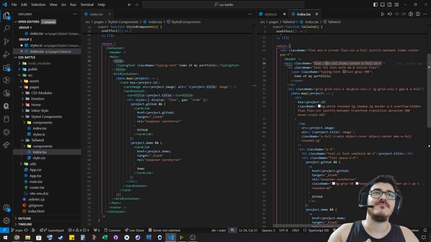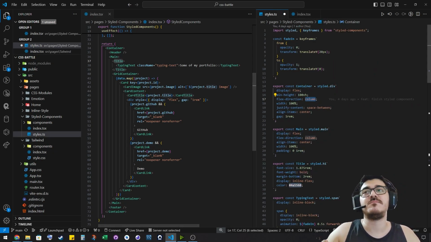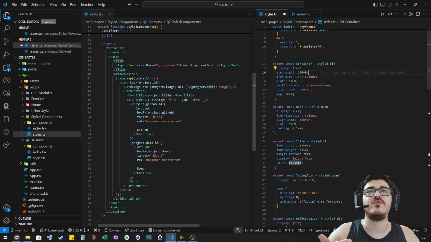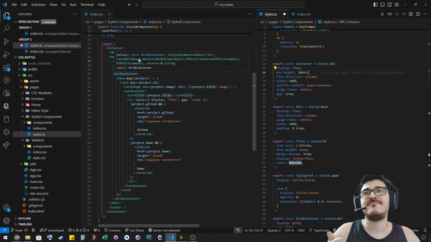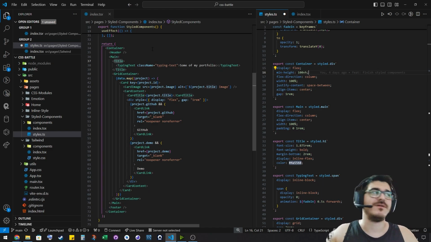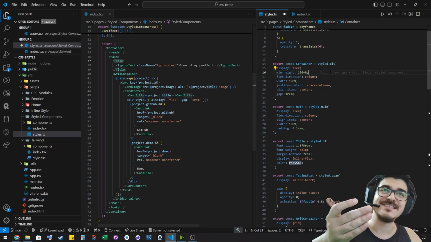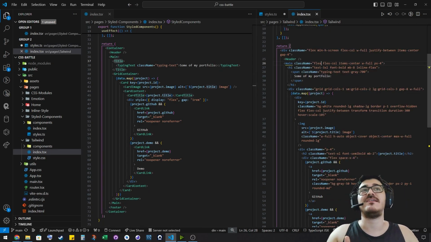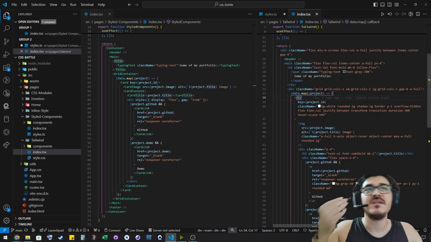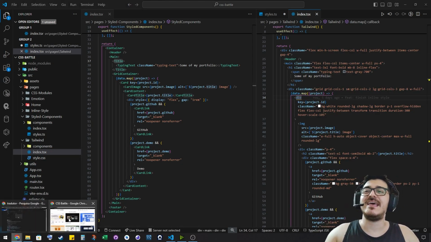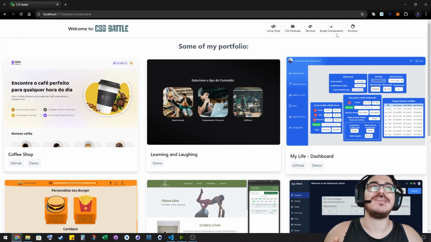So it's faster for Tailwind. This takes more time to do. It took me more time to do this, but it's more organized maybe. It depends on the developer. If you think it's easier to do it like this, do it like this. If you think it's easier to do all in Tailwind, use Tailwind. I'm just showing you guys the difference between them. And